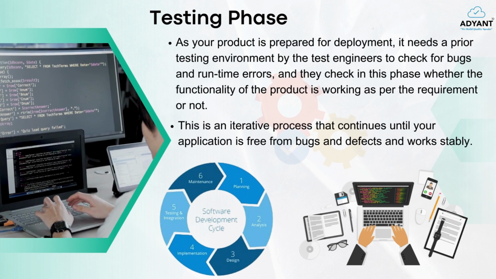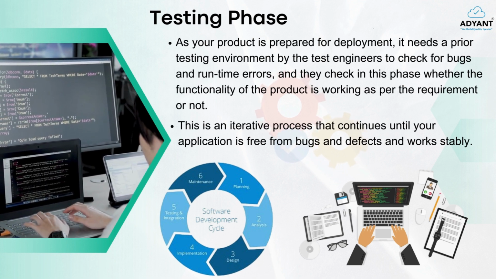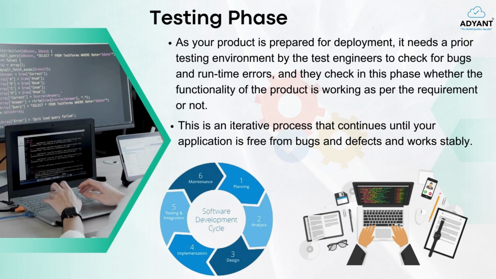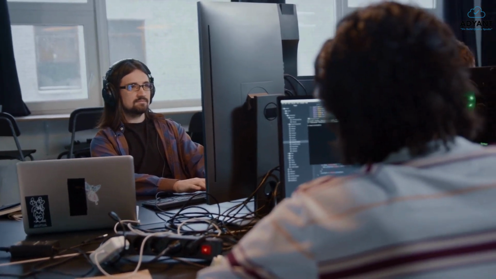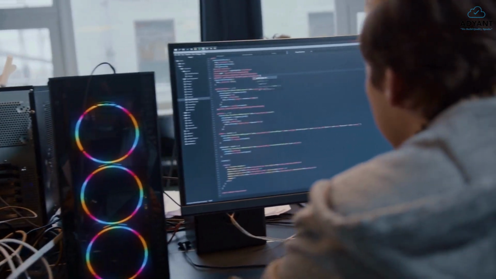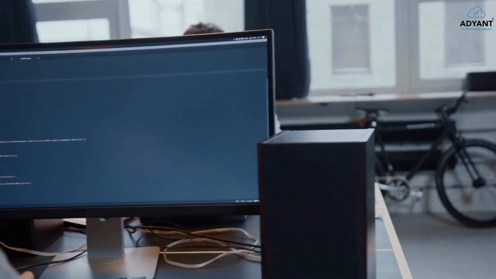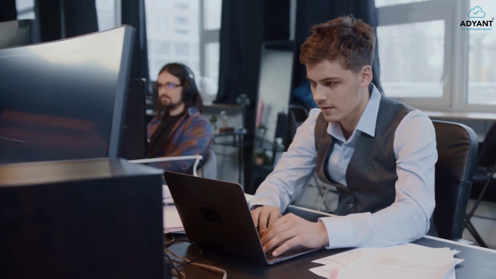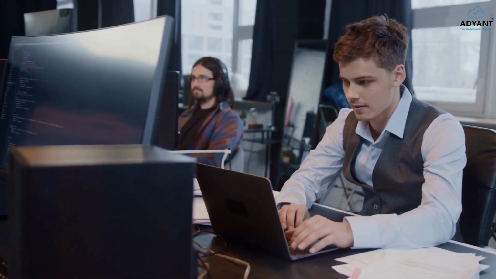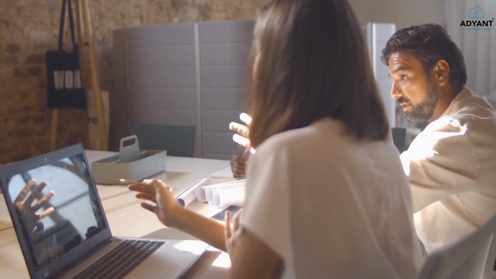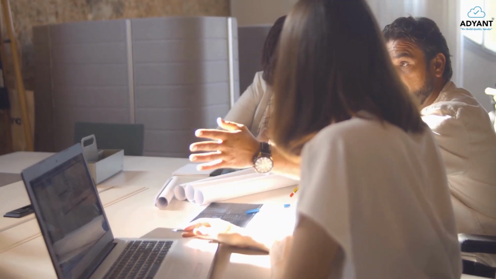So once the software coding is completed, now it is deployed in the testing environment. Then the testing team starts testing the functionality of the entire system. This is done to verify whether the entire application works properly according to the customer requirements or not. During this phase, the QA and testing team may find some bugs and defects, which they communicate to the developers. Then the development team fixes the bugs and sends them back to the QA team for retesting. This process continues until the software is bug free, stable and working according to the business needs of the system.